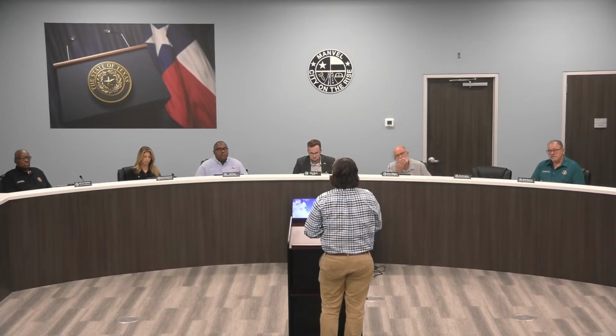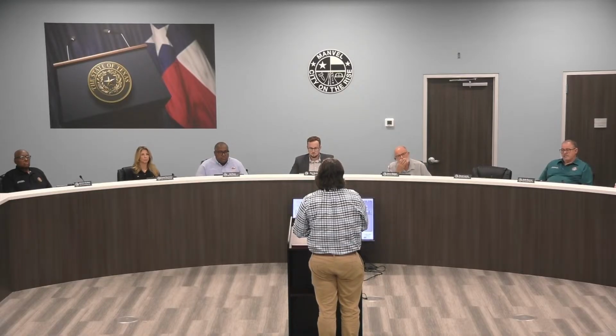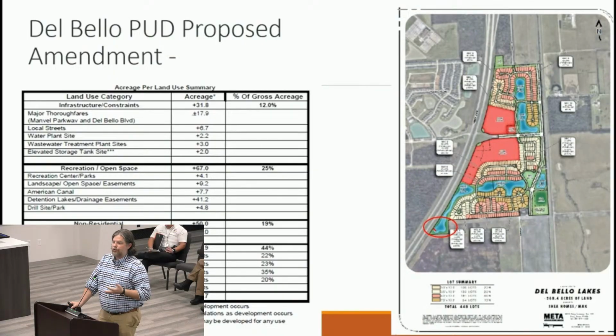There were a lot of comments during the public hearing, during the Planning, Development, and Zoning Commission, that the applicant's going to work to address at a future meeting. I believe it's going to be the second meeting in September to look at this. Oh, good, I have my presentations here. All right, so essentially the commercial area is the area in red on the document, and essentially that's 50 acres approximately, and then 19% of the total development. This is mostly a nice residential community with a lot of amenities, like nice amenitized detention ponds. And the only change that they're proposing in this document currently is just to allow the development of auto dealers on the south side.